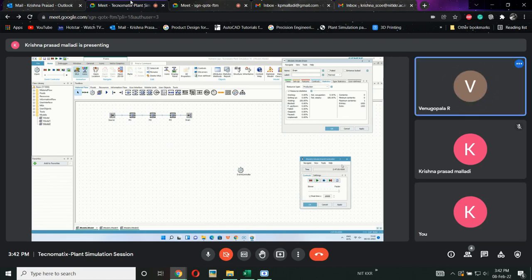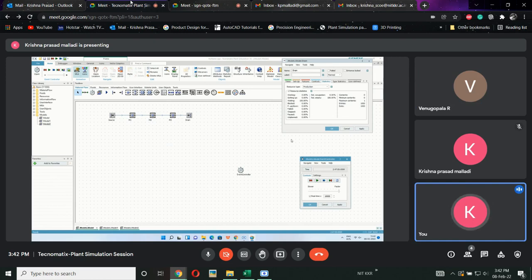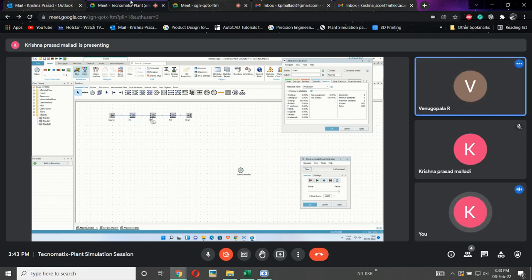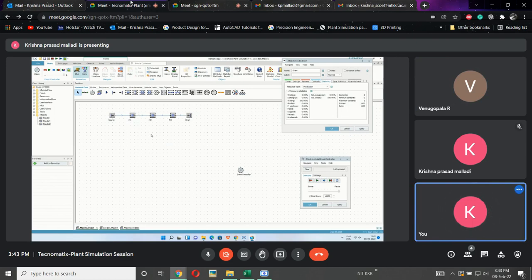Why is it showing the same? Because here we are using a connector. A connector is a virtual representation of material handling; we haven't used any conveyor. In 3D, once the work is performed and the output is ready from this machine, it will be transferred to the next station either by conveyor, by a human, or by a guided vehicle, an AGV, or some other transportation vehicle. But in 2D, we haven't mentioned anything.